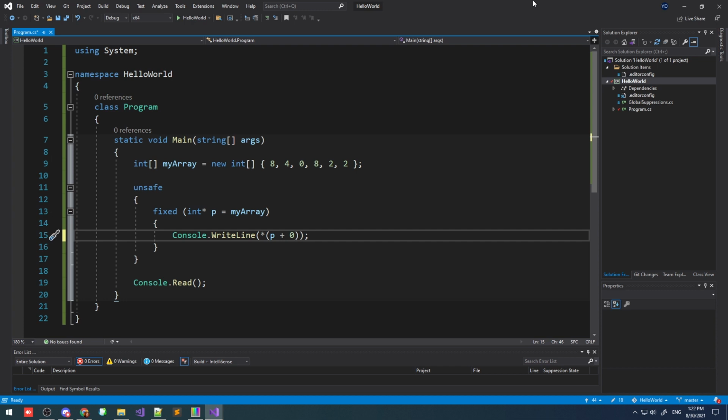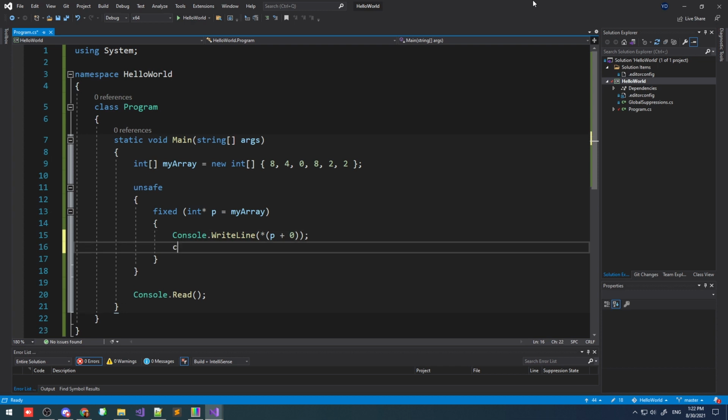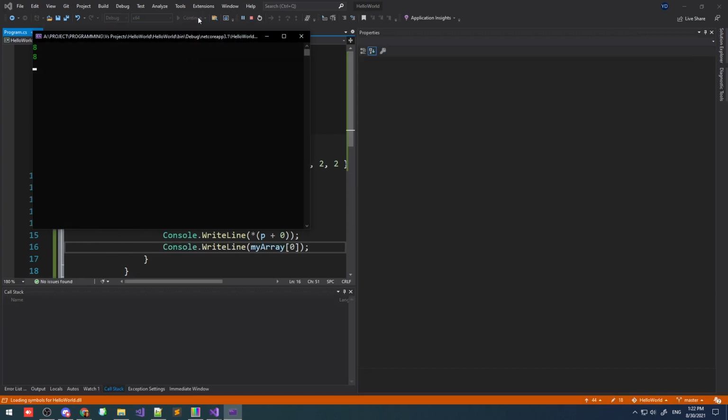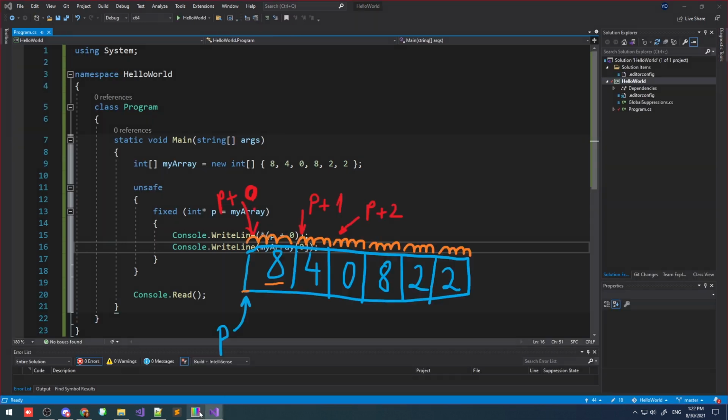Or in a syntax that you're already familiar with, let's go to the first address of my array and offset from that location with a value of 0. The first element in my array is 8, and if I offset it with 0, it's still going to be 8. And this is the reason why arrays are 0-based, because it all has to do with memory addresses in RAM.